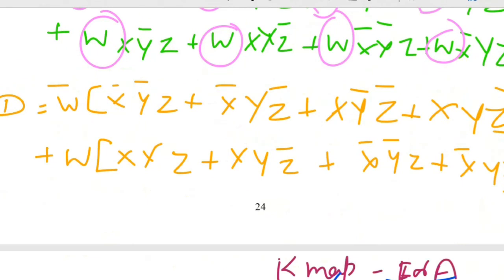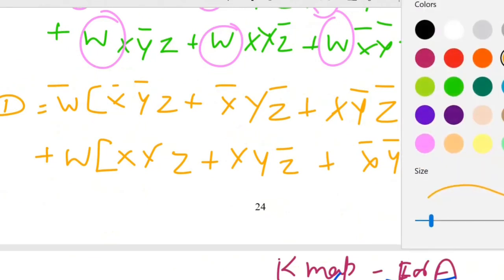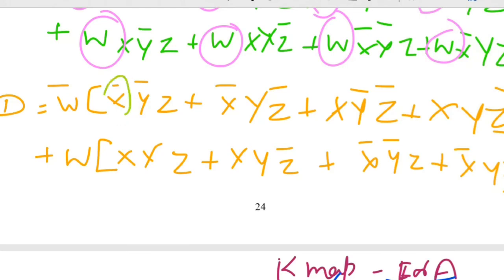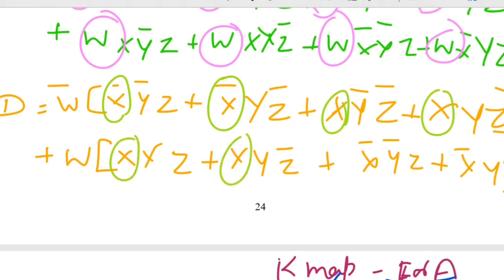Now again take X bar common here, X common here, X common here, X bar common here. Rewrite the expression again.